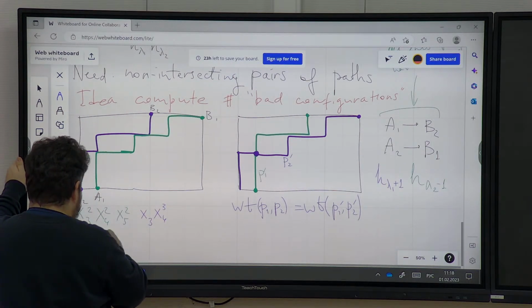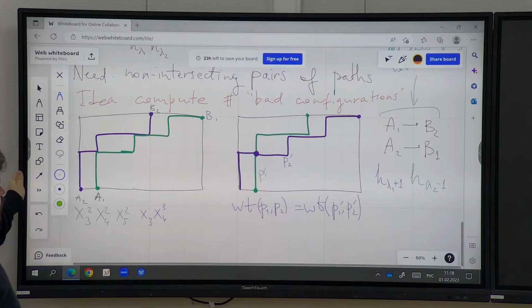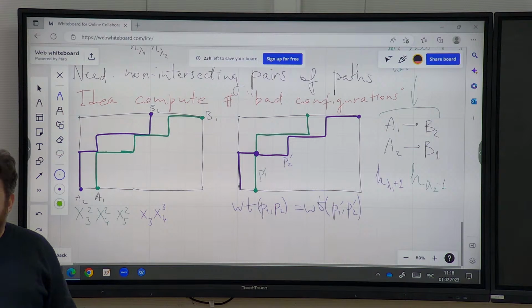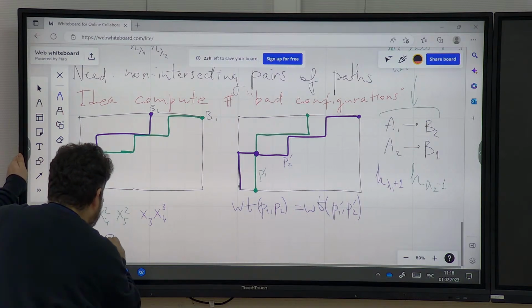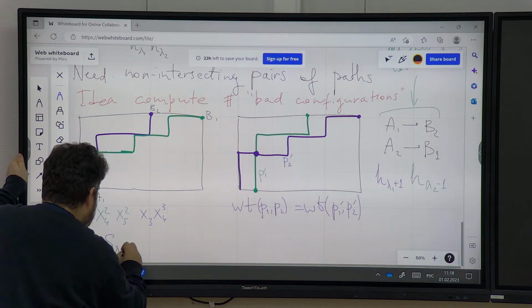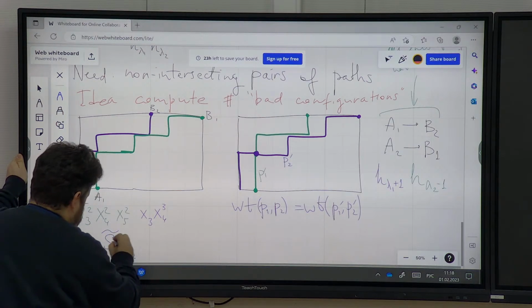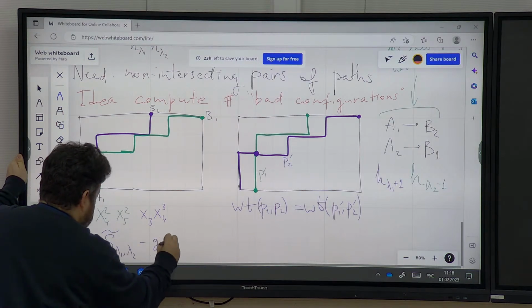So what we want to have is the generating function for Young tableaus with 2 columns. Okay, so let me denote this thing by S lambda 1, lambda 2 tilde. So this is the generating function